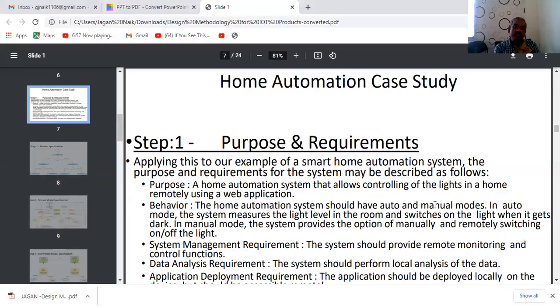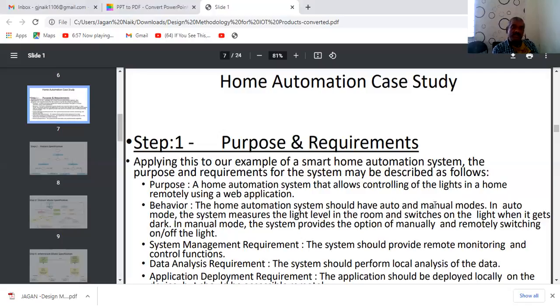After finding out the behavior of the automation, we can look at how we are going to manage the entire system and what the requirements are.